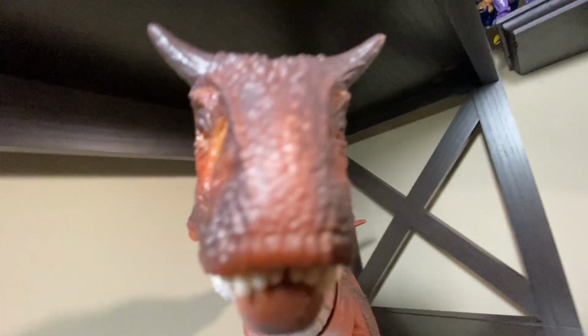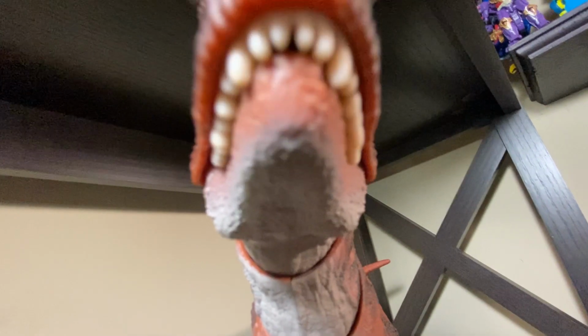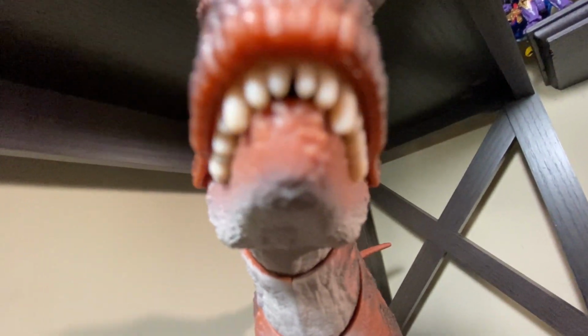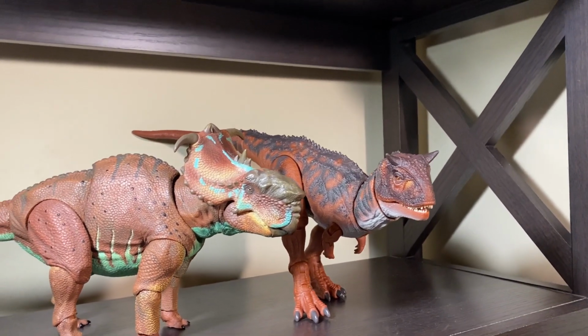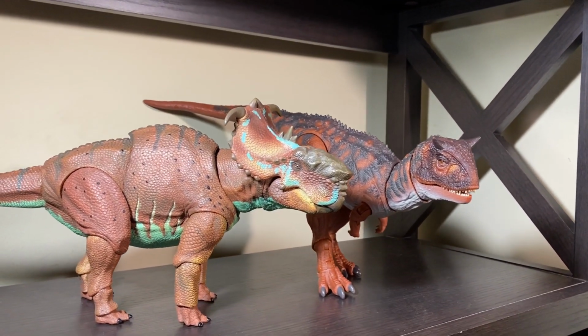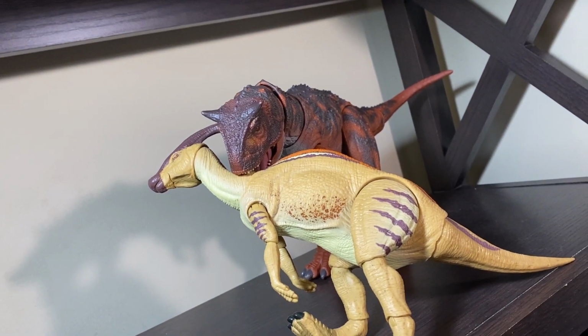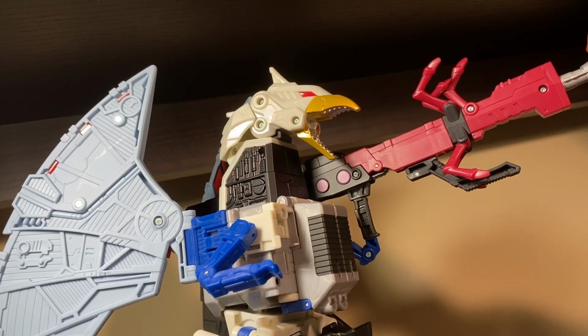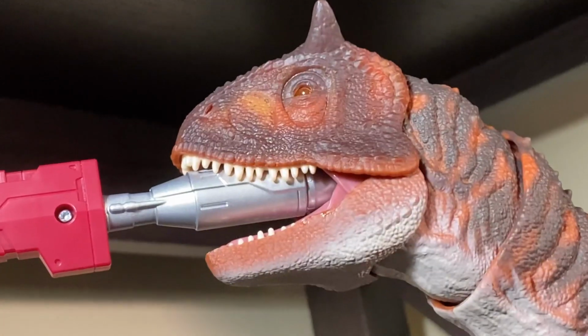I love him. He is peak stupid. Is he perfect? No. Are you perfect? No. You're not perfect. It is really nice to have a decent mid-sized carnivore that can hang out with my Pachyrhinosaurus and isn't comically large like the T-Rex. Fingers are crossed that soon I can be displaying him next to a Stegosaurus and an Allosaurus, but until then,